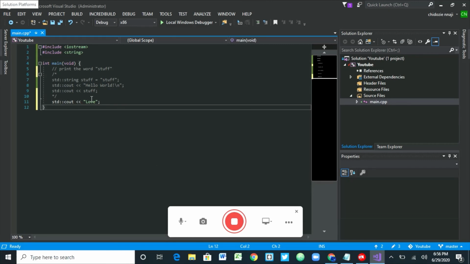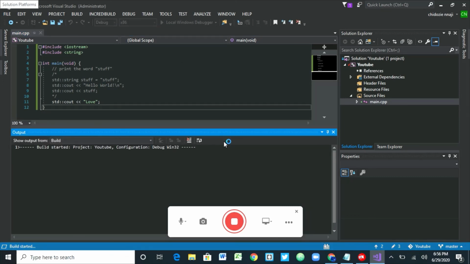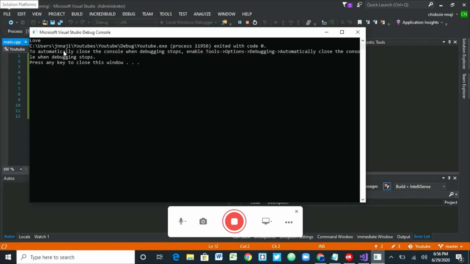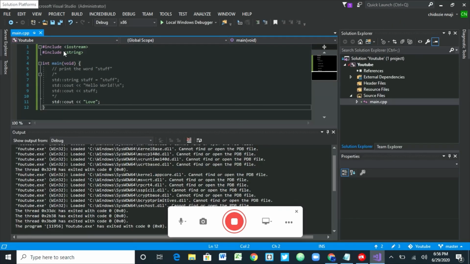Alright, so we save, and the only thing that's going to print out is love. Alright, so this should be the end